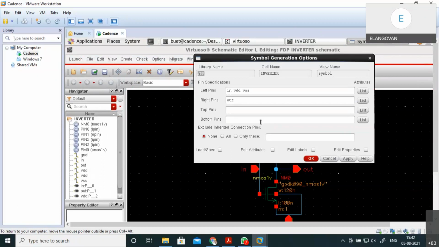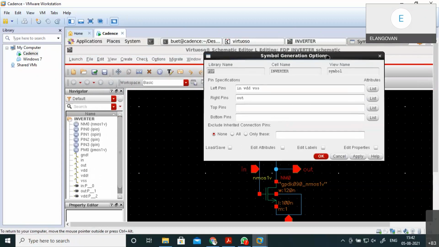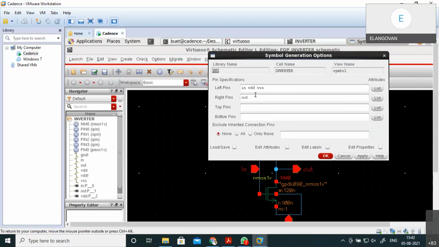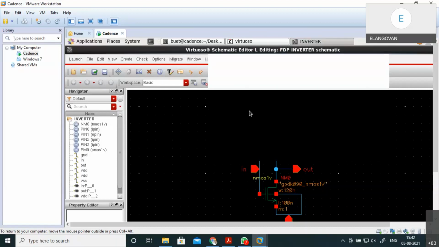Yeah, it's coming here. After you are making your symbol, it will ask where I should keep the pins. Suppose I need my input at the left side and output at the right side, and the top pin, suppose I'm choosing VDD, and the bottom pin is my VSS. This is based on your wish.